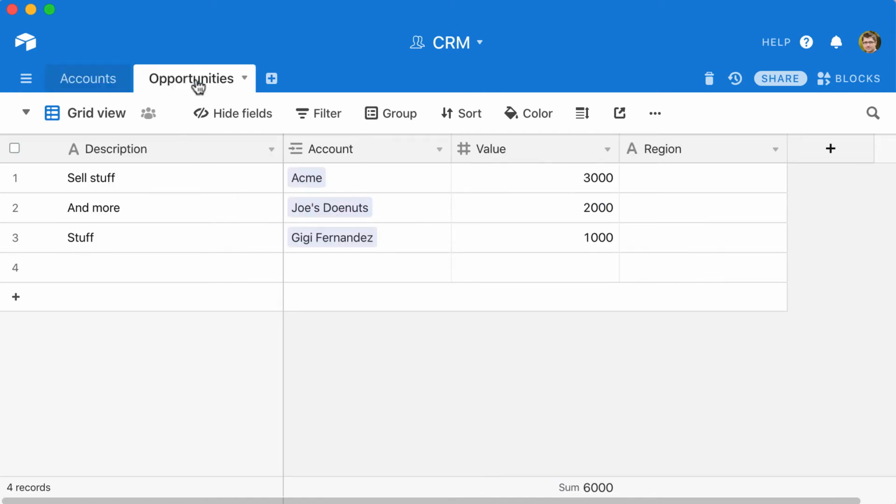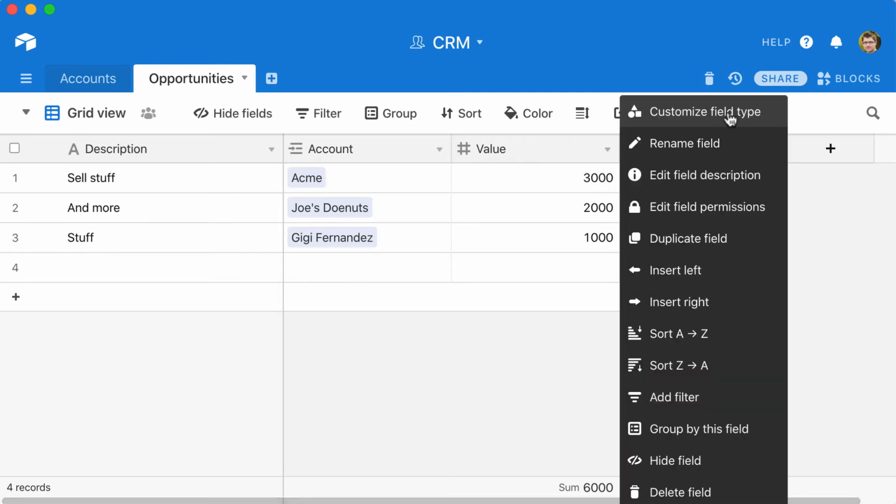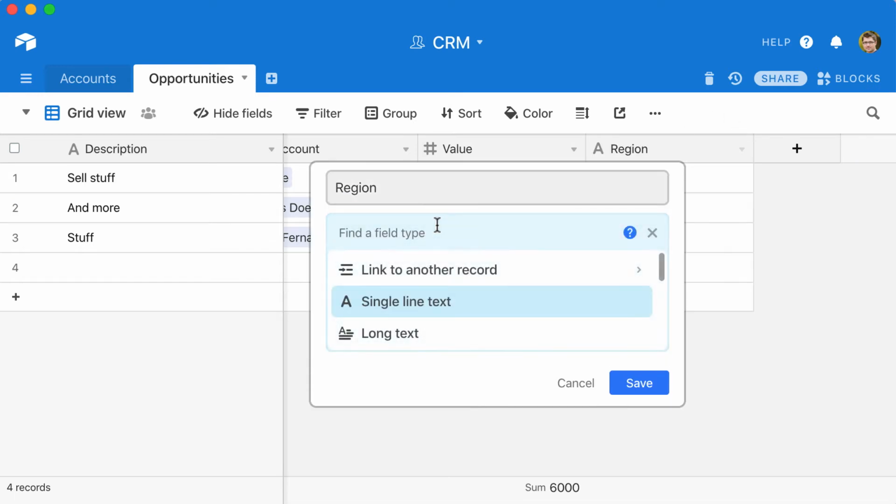The second one is the lookup, and we saw a little bit of a preview earlier as Airtable popped up lookup fields. What I want here is to see the region of this company in this table. This is pretty similar to VLOOKUP, so if you use Excel, you are familiar with what VLOOKUP does. And it is really simple to do also in Airtable. I just want to use a lookup